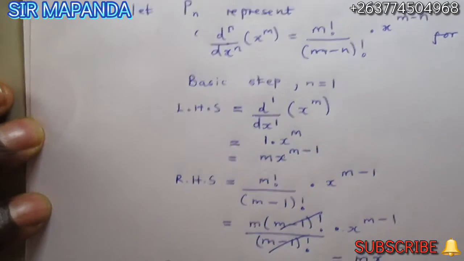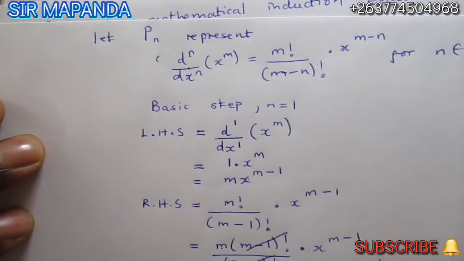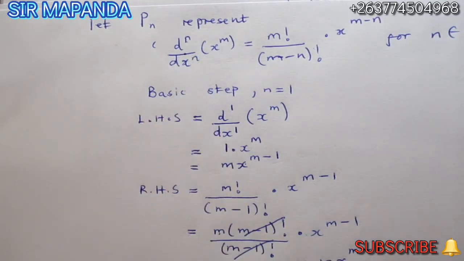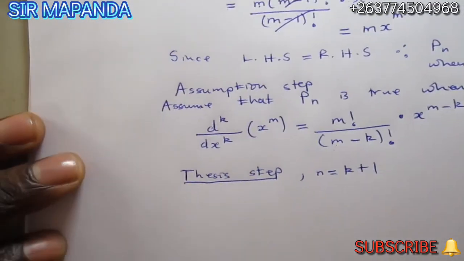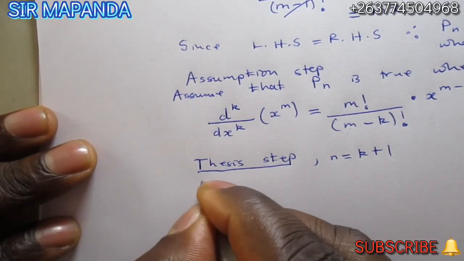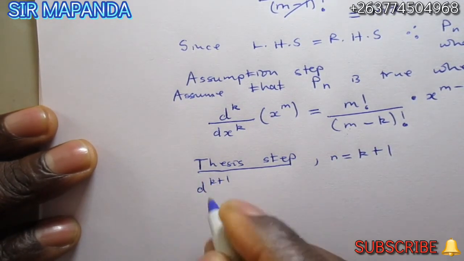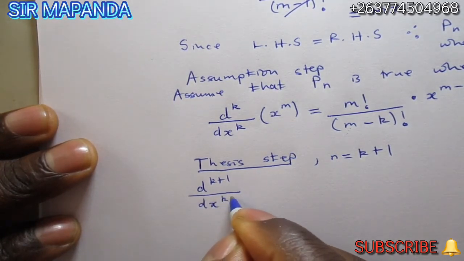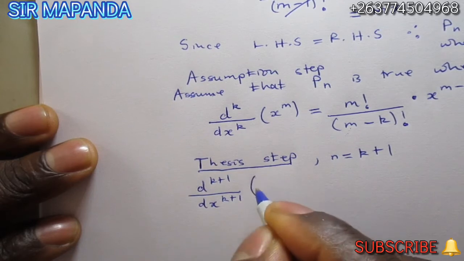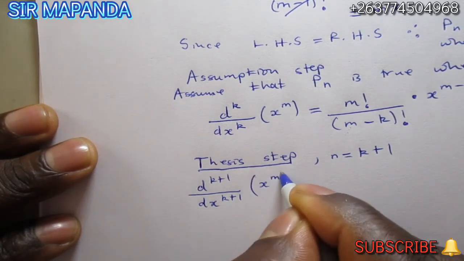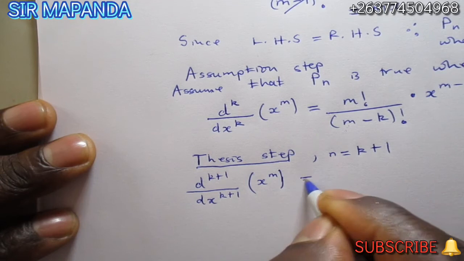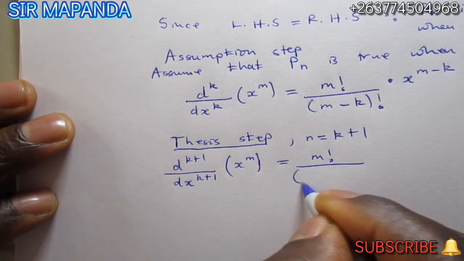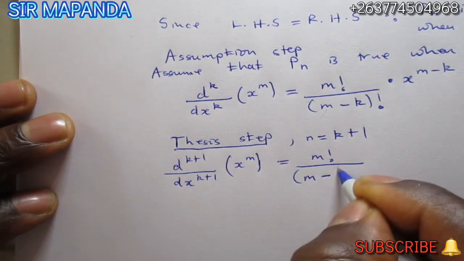Remember, this is the original statement. On each and every n, I'm going to put k plus 1. So we now have d^(k+1)/dx^(k+1) of x to the power of m is equal to m factorial divided by (m minus